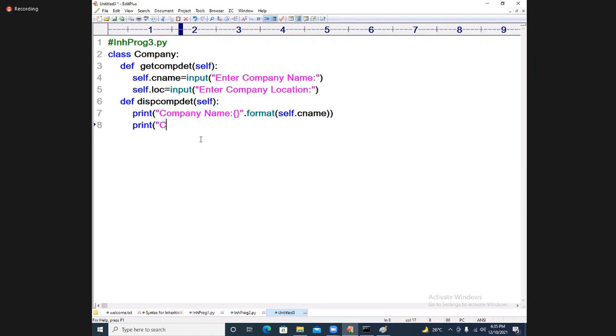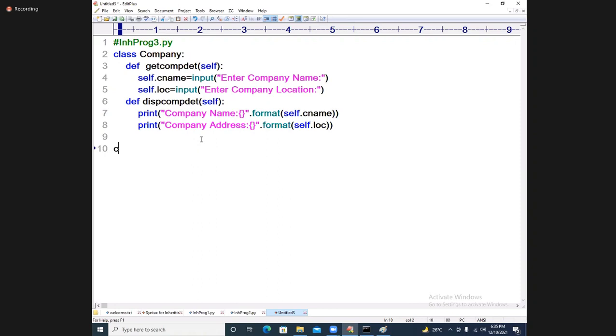Print company address, or location, whatever you like, format of self.loc. Okay, done. The company related information is printed.